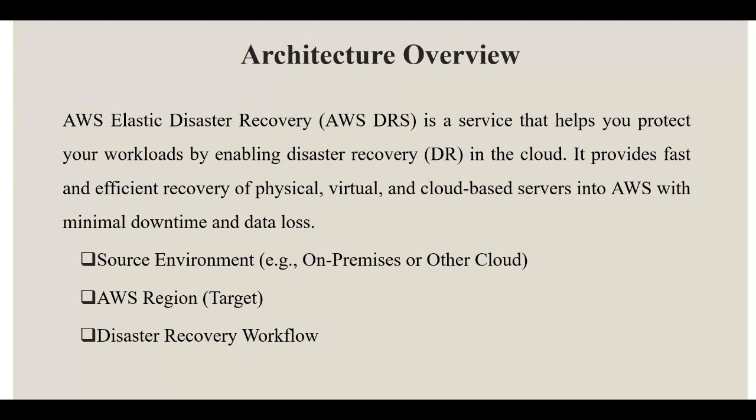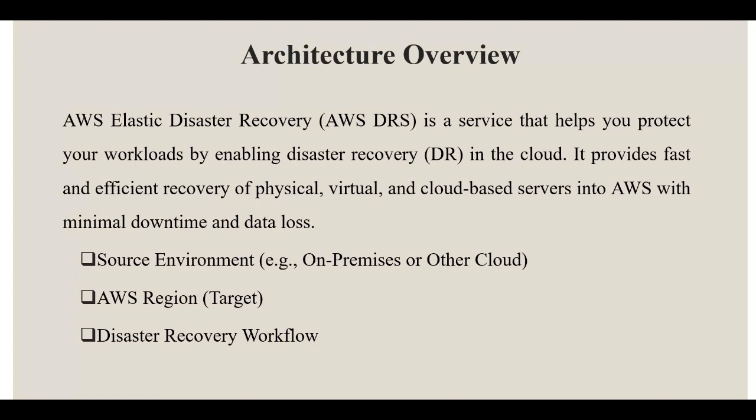We all say that it's replication, right? The replication is done at the block level for low latency and high throughput. The next is the disaster recovery workflow. The disaster recovery workflow contains three elements: replication, failover and failback. In replication, it continuously replicates data from our source environment to AWS storage such as EBS or Amazon S3. The data is replicated in real time, ensuring that you have an up-to-date copy of your data ready for disaster